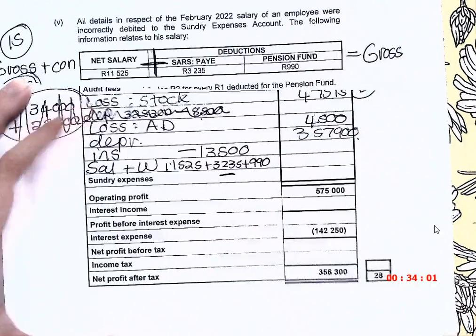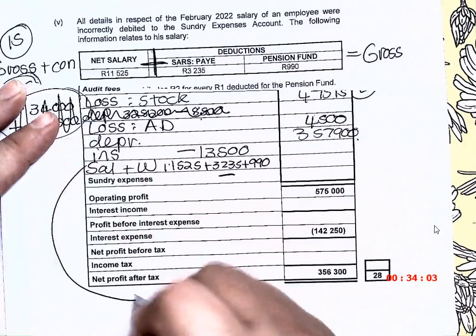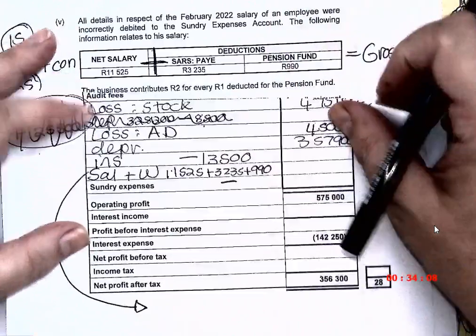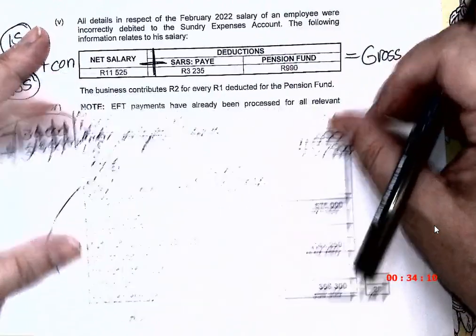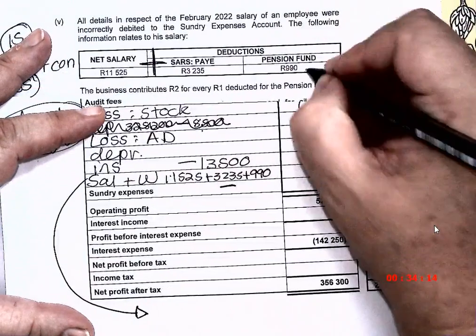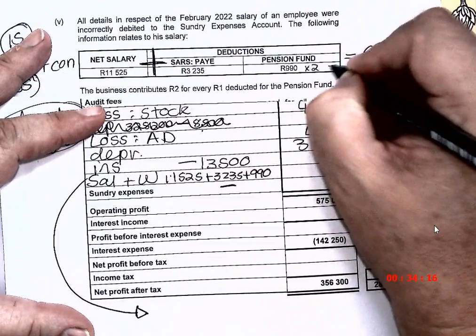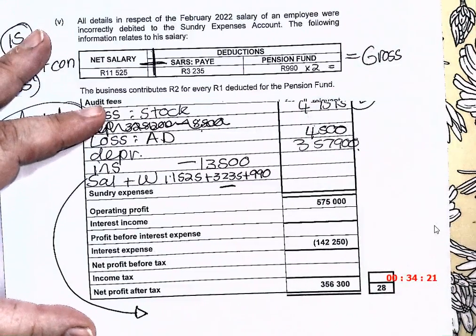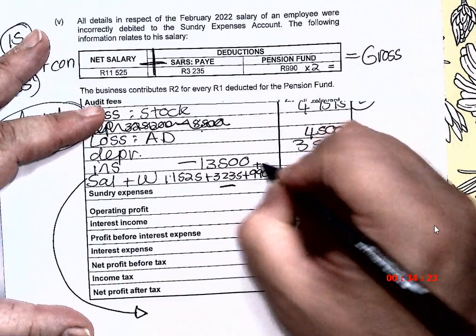And you're going to see most of the time you won't even have enough space, so you would just do it downstairs there. Okay? What else? Is there contributions? Yes. The business deducted 2 rand for every 1 rand of pension. So if I times that with 2, it gives me 1,980. So you also add